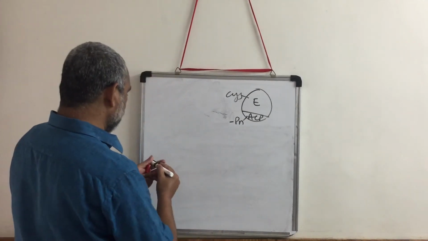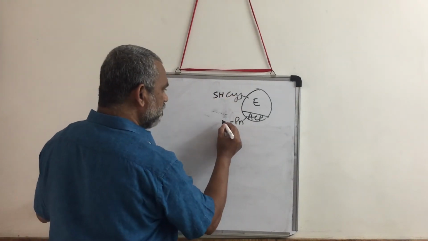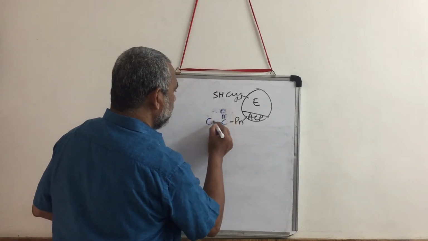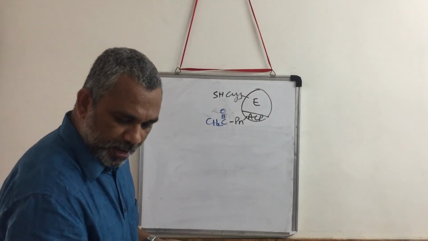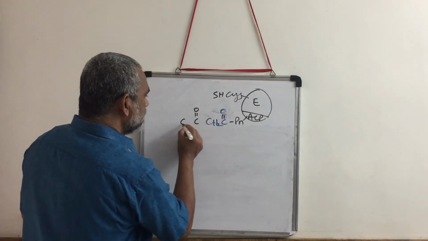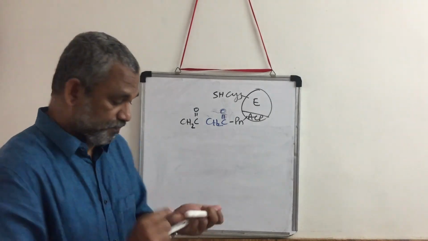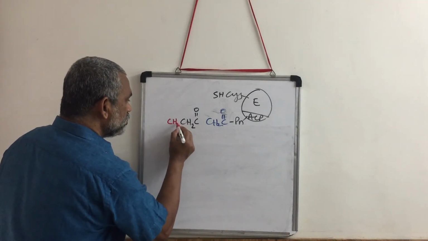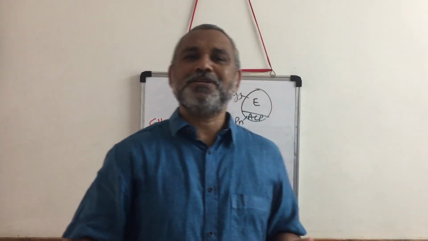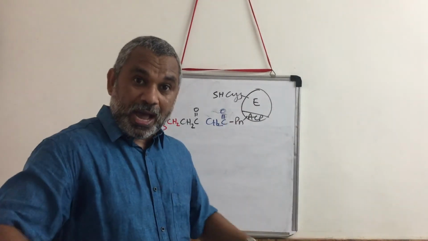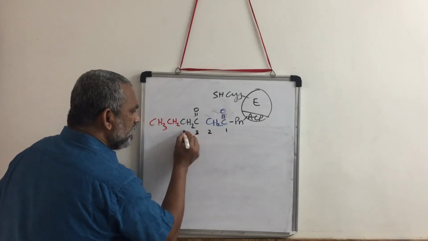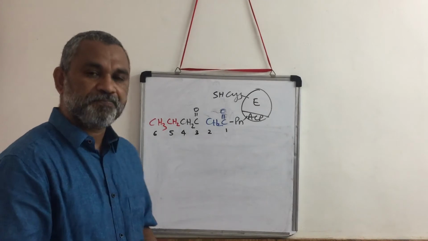So the product you will have, this will be cysteine SH, that's no problem. So here let us put the blue color. This is a CH2, then followed by a double bond. Okay, that is another acetyl group. This is CH2 and CH3. A 6 carbon compound is formed. What is important at the moment is to understand from where these carbons have come. So let us number. This is 1, 2, 3, 4, 5 and 6 carbons are there.